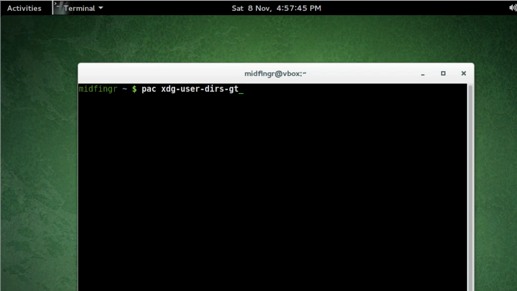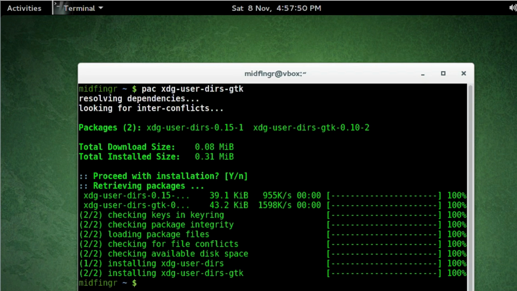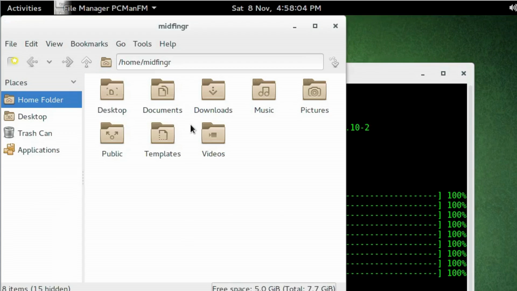It'll put on 2 packages. And then from there, we just issue basically the same command. We don't have to do sudo on it. xdg-user-dirs-update. So if we go back to our file manager in overview mode, now we have all our generic folders